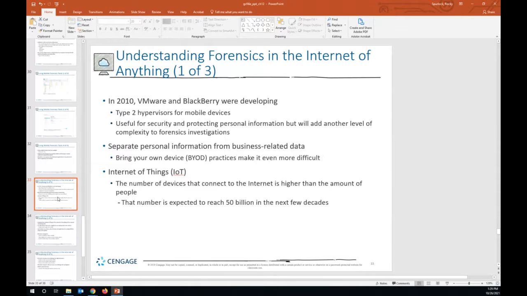Also, the Internet of Things brought a new challenge to the forensic field because we have so many devices that are connected to the internet. It's really more than we have people. That number is expected to reach 50 billion devices connected to the internet in the next few decades.